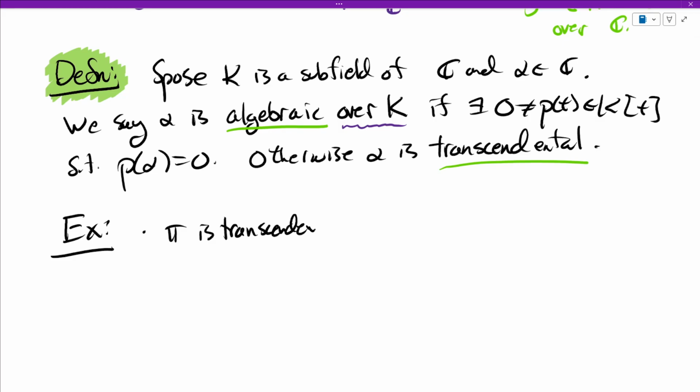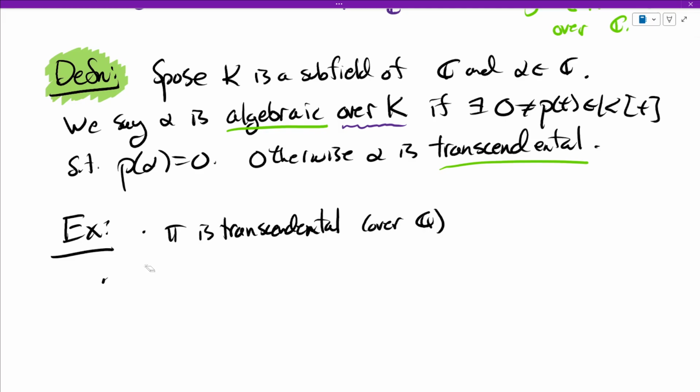This is a tedious proof that is in one of the later chapters of the book, and requires some analysis. We're not going to go over it in this class, but I encourage you to look at it. And when you say transcendental, you mean really over Q. So I'll write it one more time: however, pi is